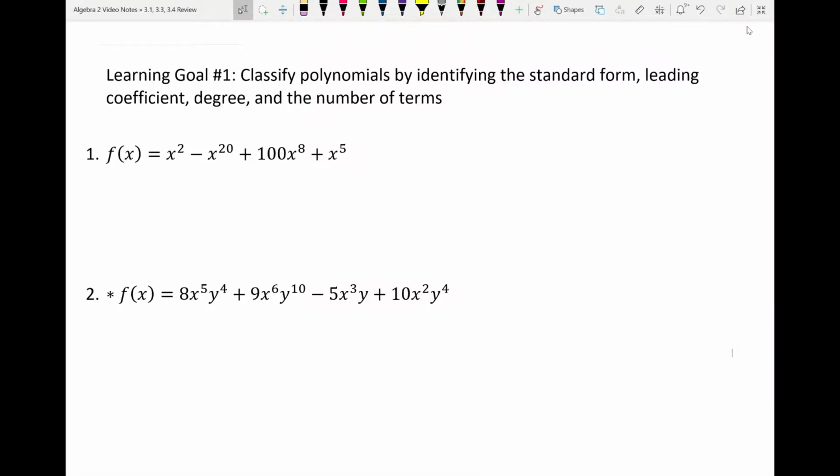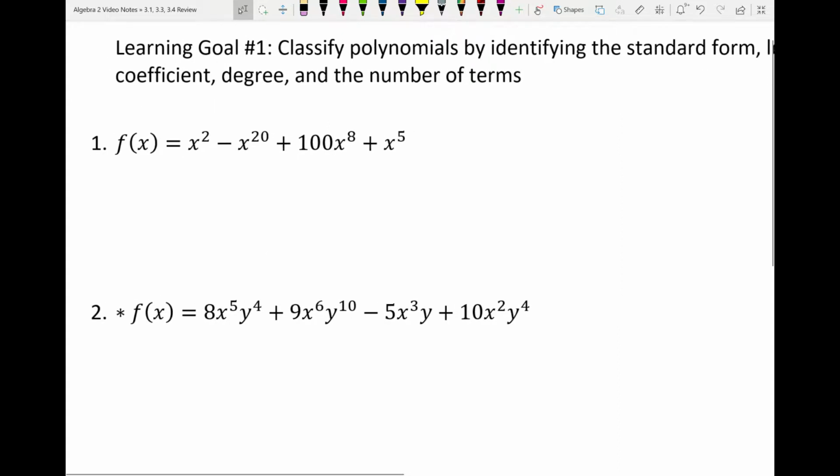Hello class. So the purpose of this video is to be able to go over the concepts of 3.1, 3.3, and 3.4. So it's broken down by learning goals and we'll do the problems for each goal. So learning goal number 1, classify the polynomials by identifying the standard form, leading coefficient, degree, and the number of terms. So for this one,